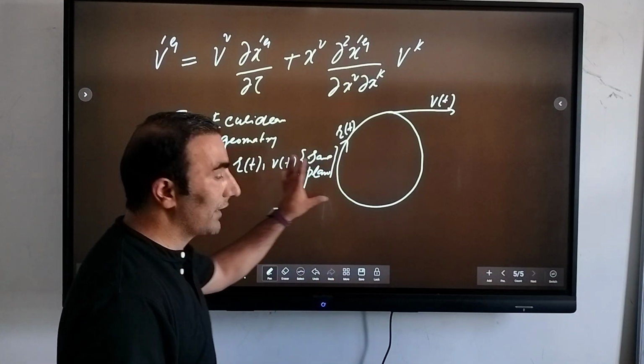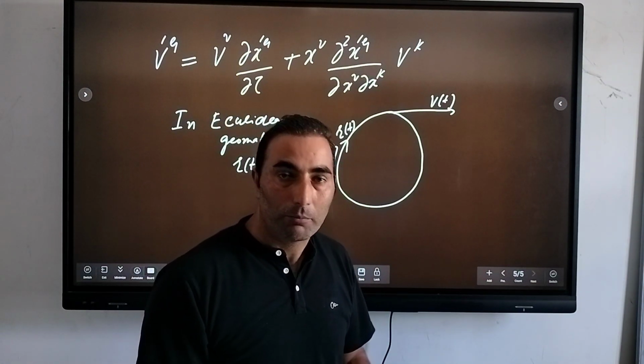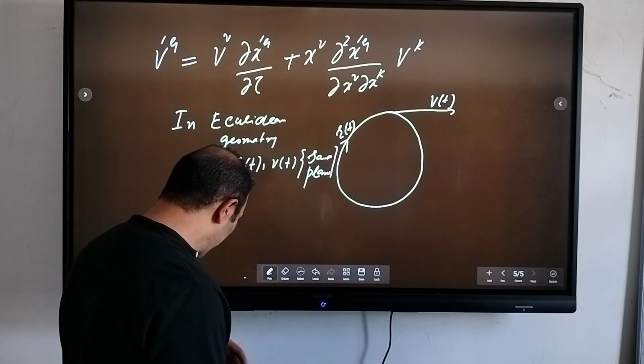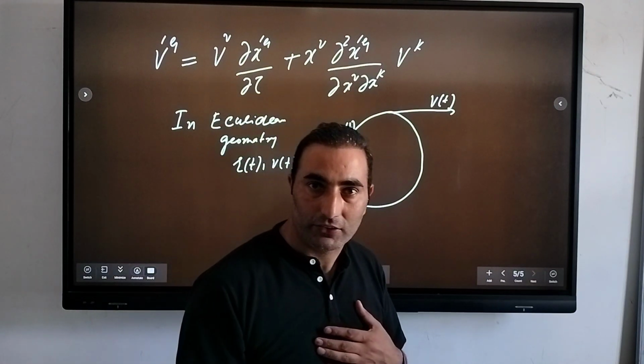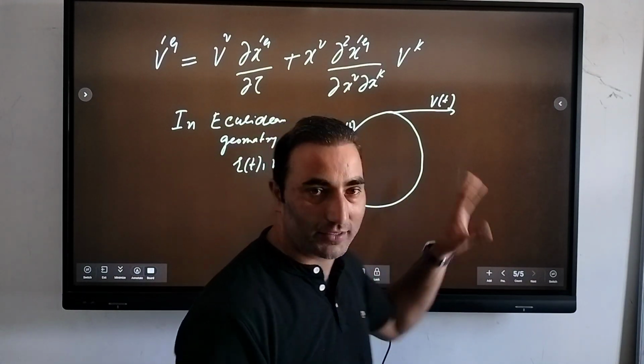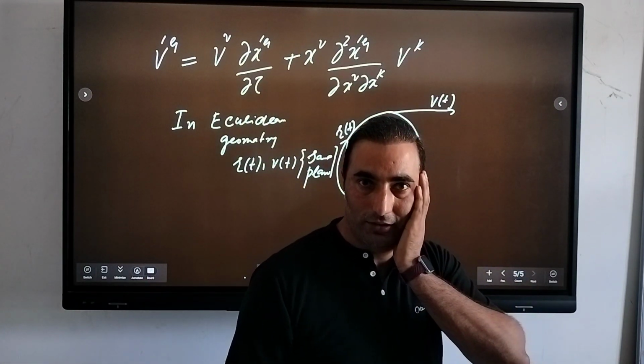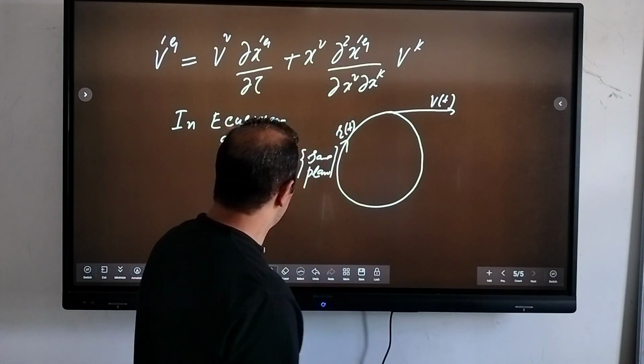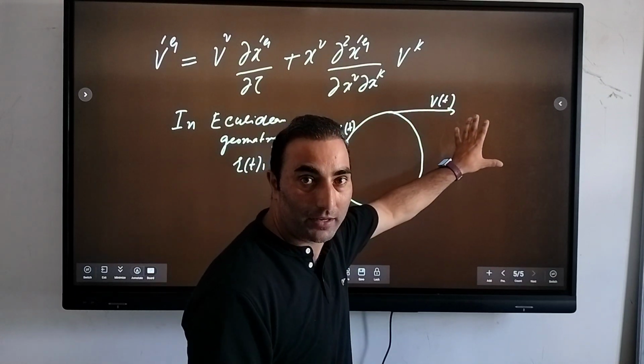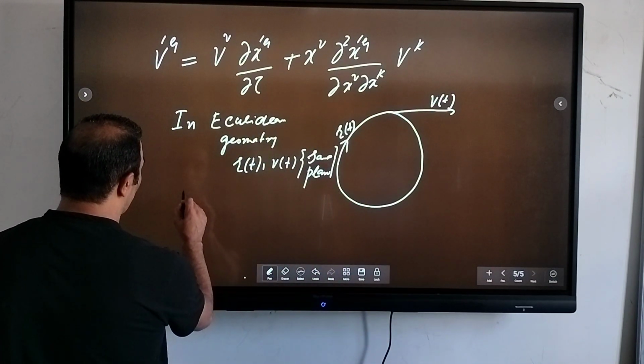So they will lie in the same plane, right? But if you talk about some curved space... In Euclidean space, in three-dimensional Euclidean geometry, you can say that these lie in the same plane. But if you talk about curved space,